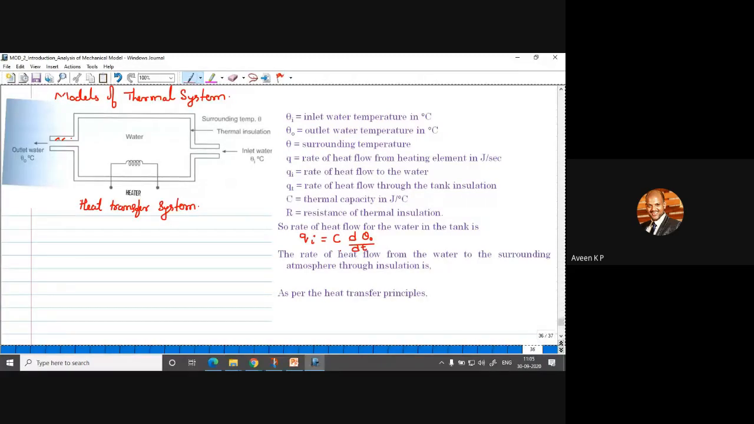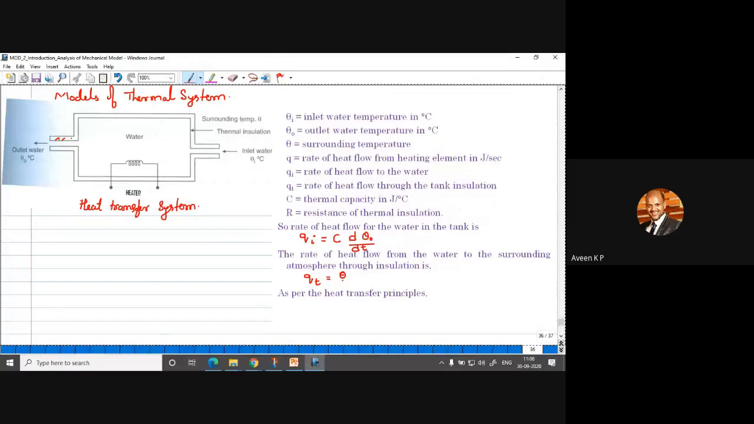So this is the equation. C is thermal capacity and theta naught is the outlet temperature. That is the rate of change of outlet temperature with respect to time. So that is Qi. And again, the rate of heat flow from the water to the surrounding is represented by Qt. Why are we finding this Qi and Qt? In order to calculate the value of Q, that is the rate of heat flow from the heating element. So Qt is nothing but